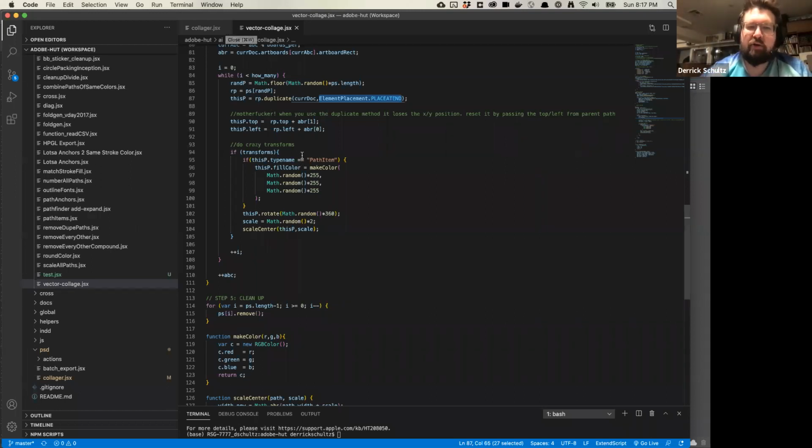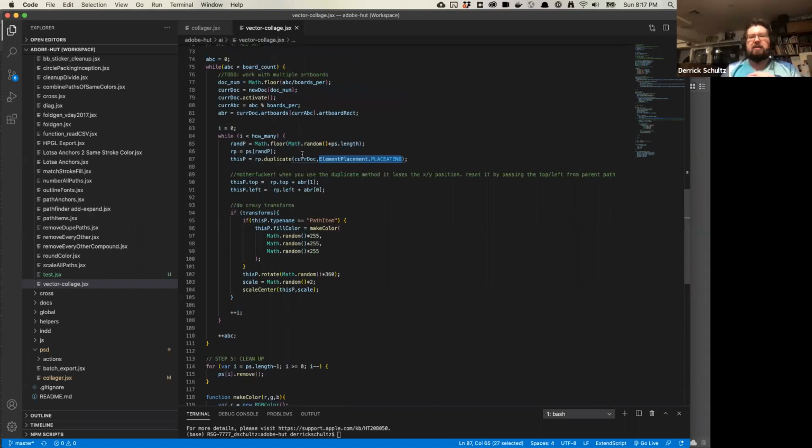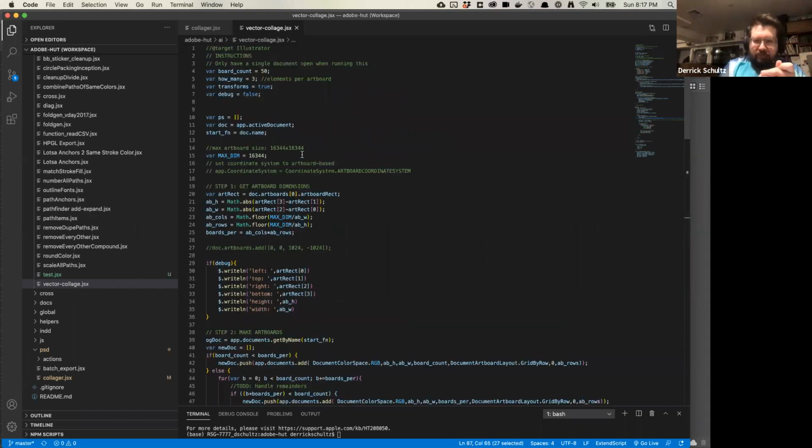This script is a little more complicated, and that's partly because of how Illustrator works with artboards. At the top here, I have a bunch of variables. The first variable is how many assets do I want to generate? How many artboards do I want to create? Because this is a short demo, I'm going to keep this small. You could make this much, much larger and it would still work. It's just going to take longer to produce. So I'm going to make this 25 just to save us some time.